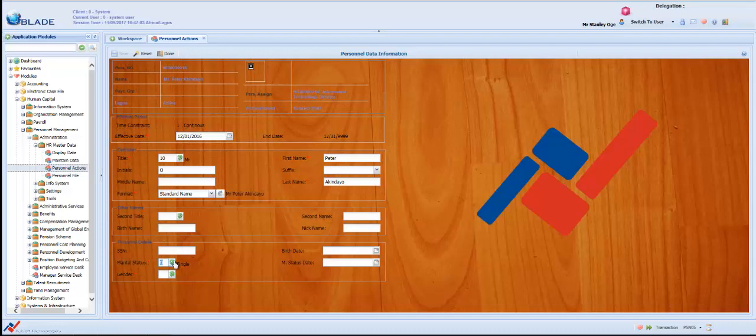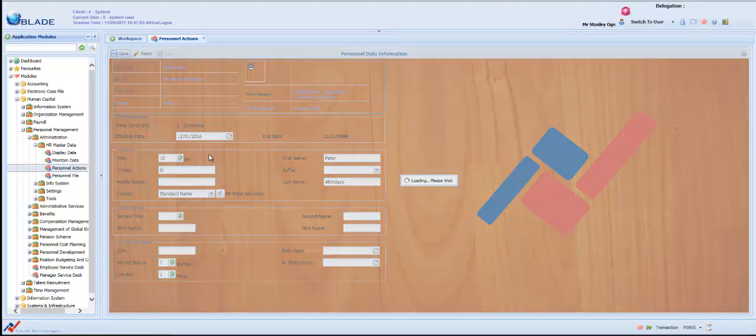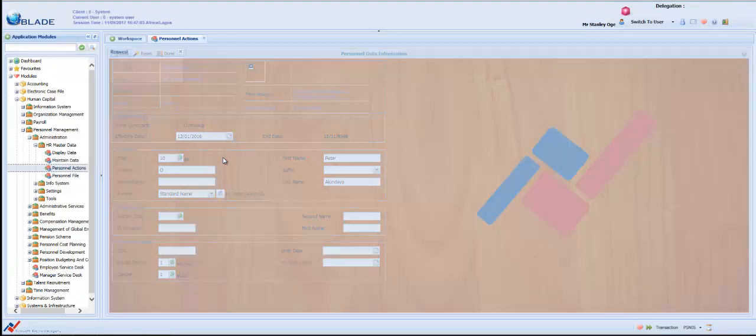In this case, we just say married, and then the gender, say male, and then we can set the date of birth or the marriage status date, the date he got married or divorced, as the case may be. And once we are done, the save option becomes enabled, and we just select this,